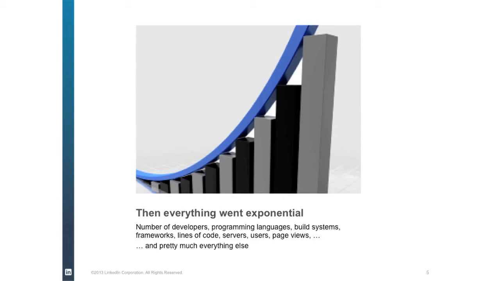And then it hit the hockey stick and hit it hard in about 2008, 2009. And we've been on that hockey stick ever since. And at that point, if there's anybody here who's been at a hypergrowth company, especially one that's been in hypergrowth for a long time, everything just goes out the window. Because half of your developers have been there for less than a year. So maintaining a culture or process is hard; the fabric of your company no longer has a consistent way of doing things, because half of them are new.